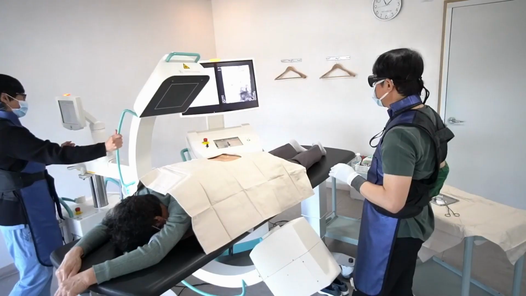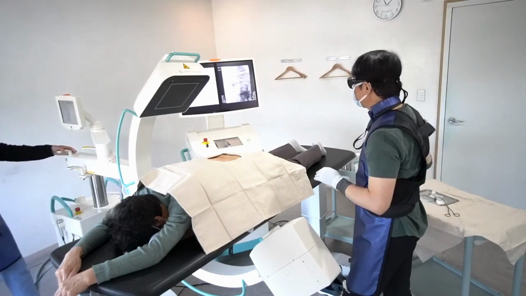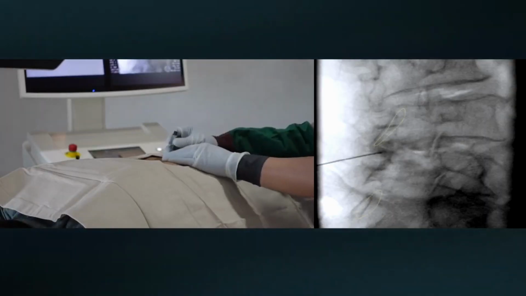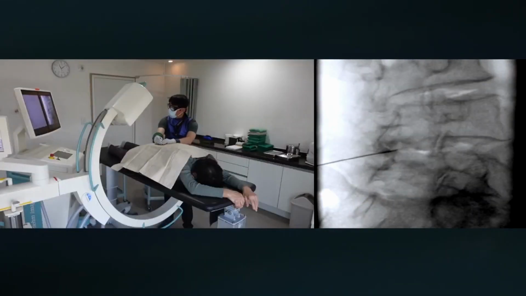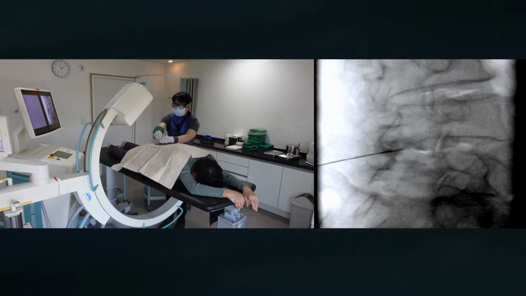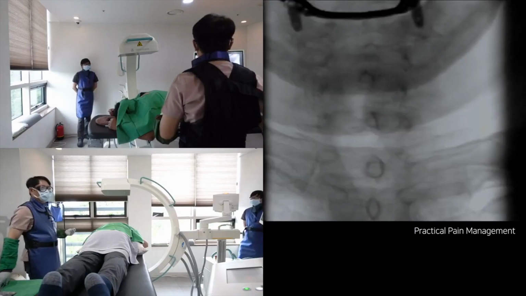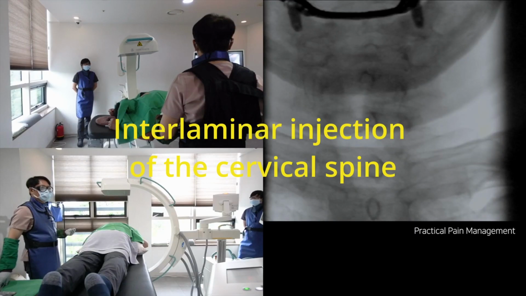Conventionally, most interventionists use an AP view and lateral C-arm view to guide the needle. But I discovered that the oblique contralateral view provides a more precise, delicate anatomy of the bony structure and contributes great time saving, which can decrease the radiation exposure to the patient and doctor. I will begin with the cervical interlaminar injection. I will show you a cervical interlaminar epidural injection via the right C7T1 parasagittal approach with the help of a